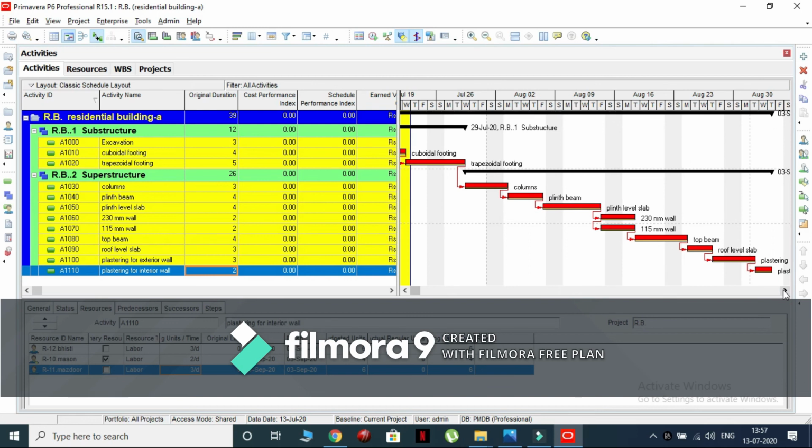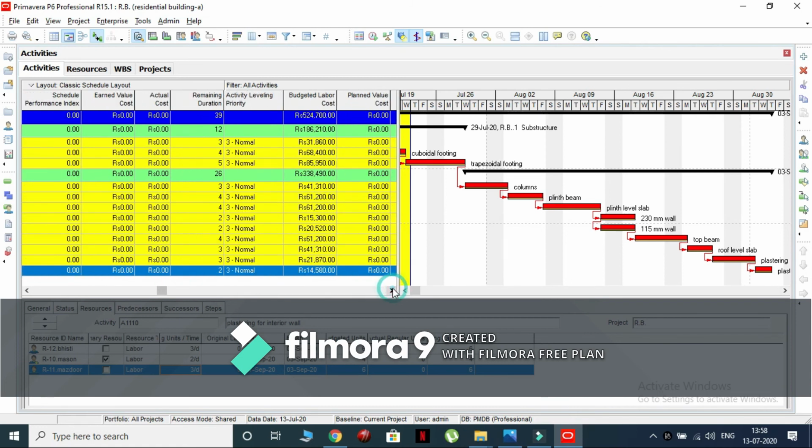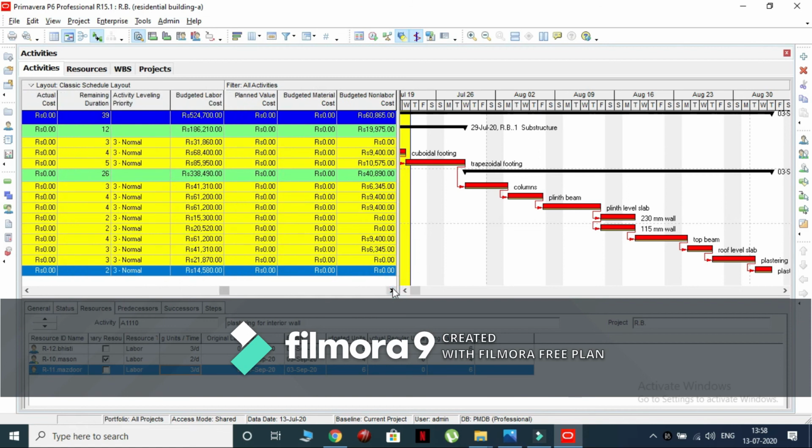Since there are no parallel activities in this project, all the activities become the critical activities. We can also find the total cost of the project in the budgeted total cost column in the activities window.